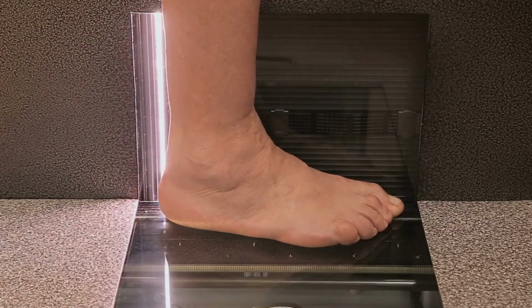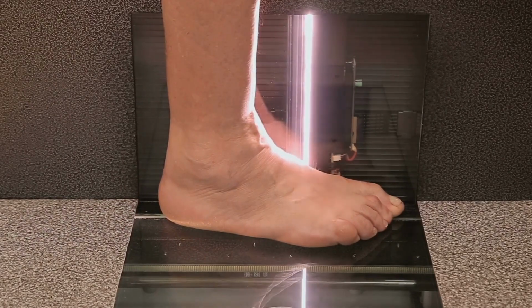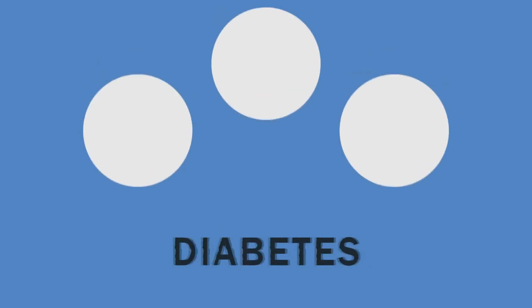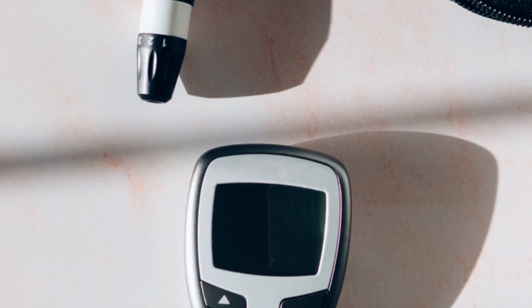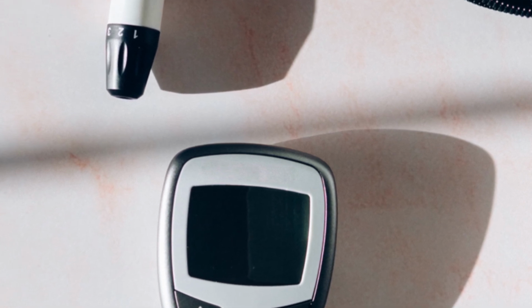like L97.513, non-pressure chronic ulcer of other part of right foot with necrosis of subcutaneous tissue, might be used. It is crucial to also code the underlying diabetes. E11.621, type 2 diabetes mellitus with foot ulcer, would be reported, followed by codes for the associated complications,